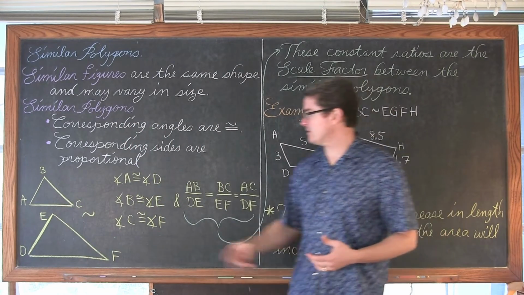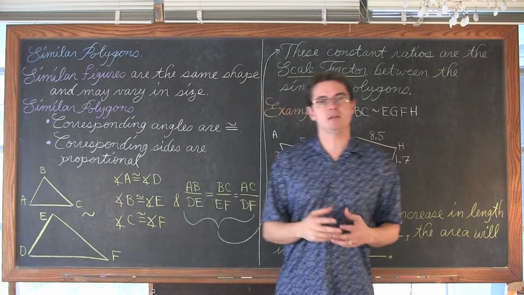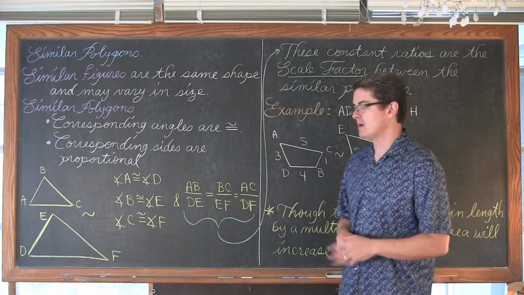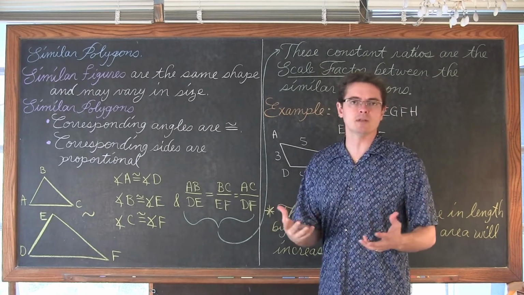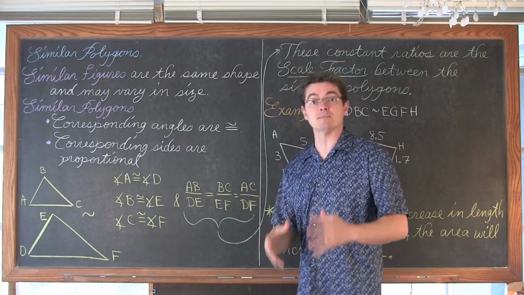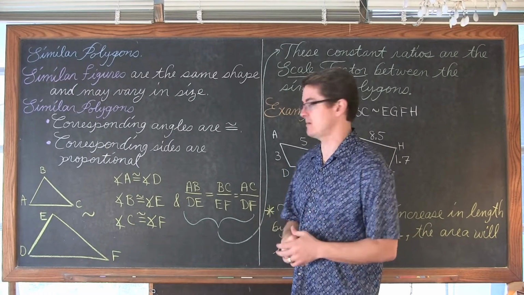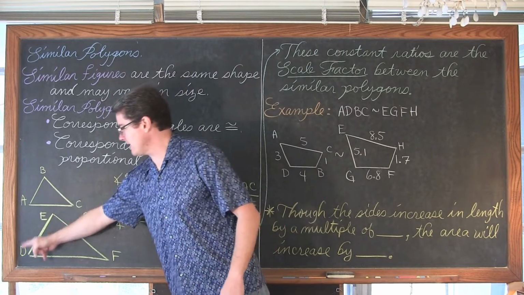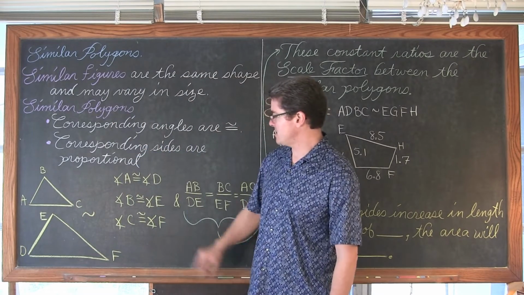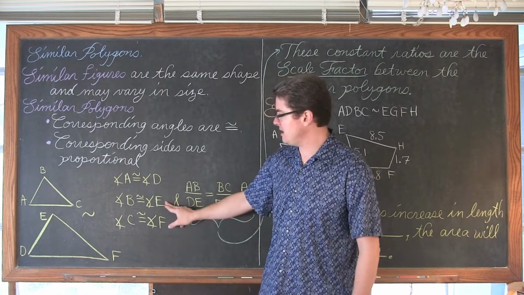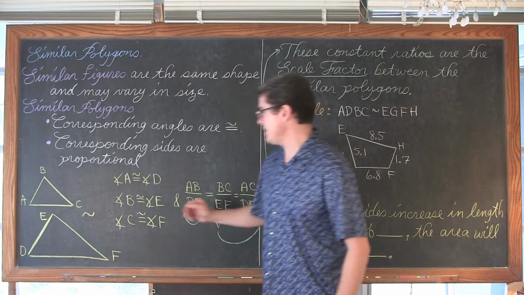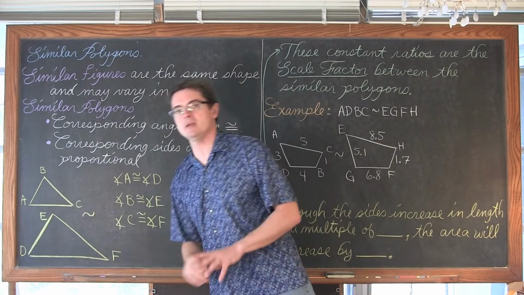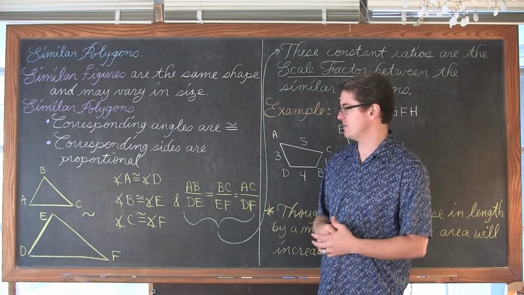Now I'm stating that those are similar triangles, which means they are the same shape, and yet they can vary still in size. Kind of like the idea of congruence, but with congruent figures, they must be the same size as well as the same shape. So we need to have our corresponding angles congruent. So angle A must be congruent to angle D, angle B must be congruent to angle E, up here at the top, and then angle C and angle F must also be congruent. And of course I've drawn my 2 triangles to be in the same orientation just for ease of notes.